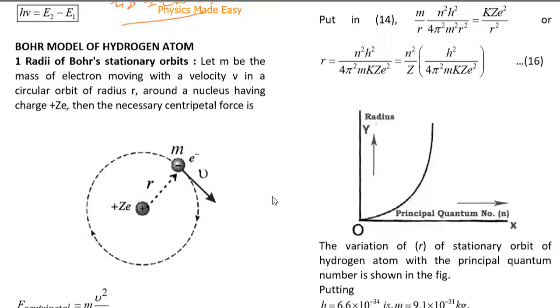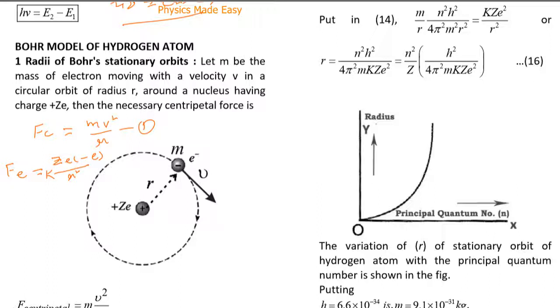For the calculation of radii, we are quite familiar with the fact that the centripetal force Fc in this case will be equal to mv square by r. This we have also done in the Rutherford model. The same equation I shall be repeating, and here the electrostatic force will be equal to Z e into minus e, the charge on the electron, divided by r square, and here I shall be having the constant K, and this equation will become,